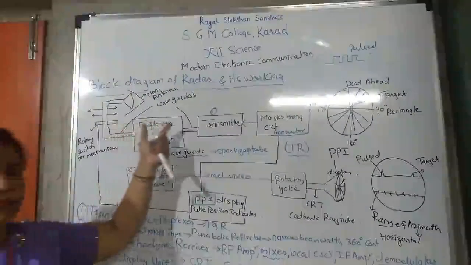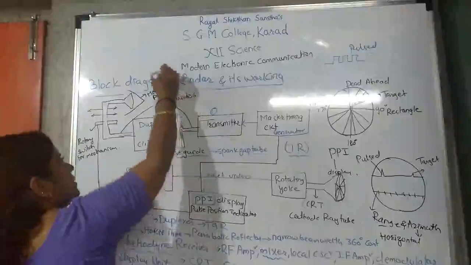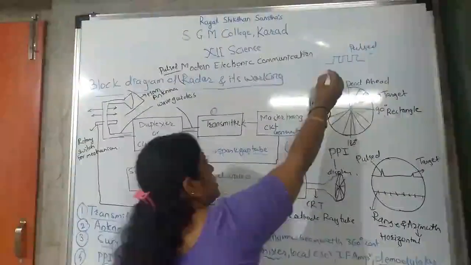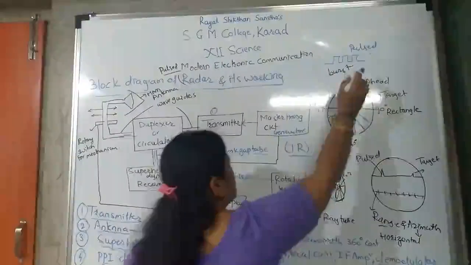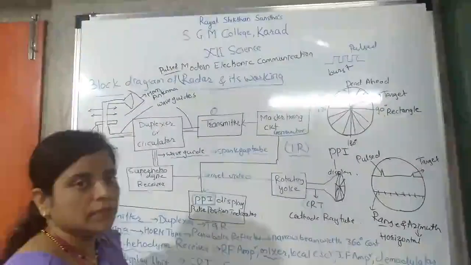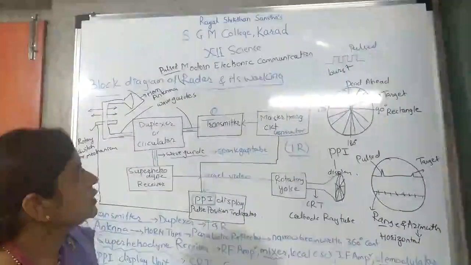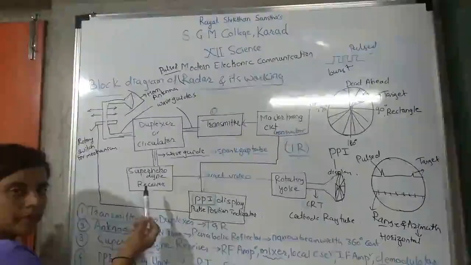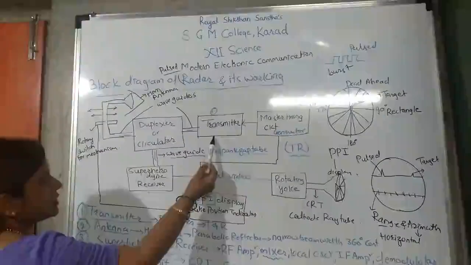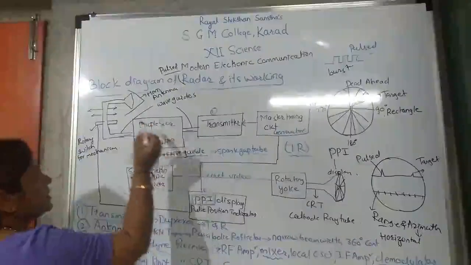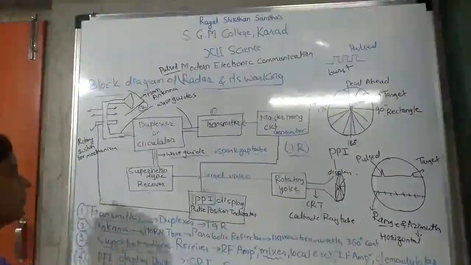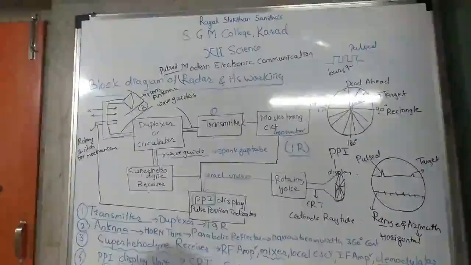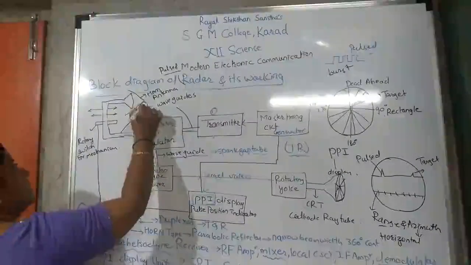What happened in the block diagram of the pulse radar? Here, pulsed radar is there. Therefore, it works on the function of pulse or burst. Burst means continuous wave signal. So here, the main blocks of this radar are: first, the transmitter signal; second, our horn antenna. I'll write it here.